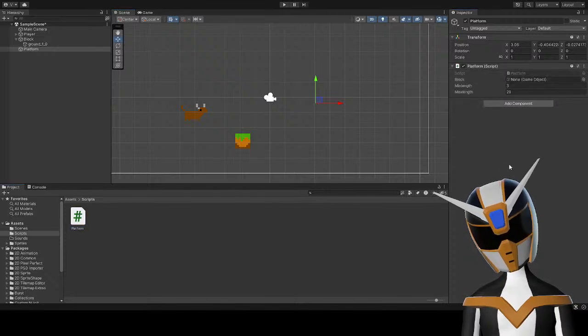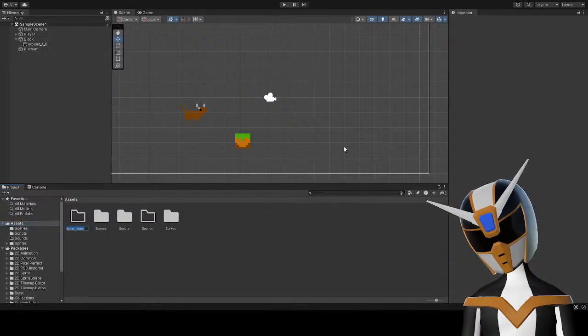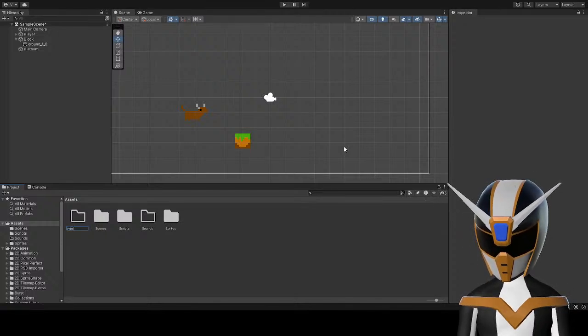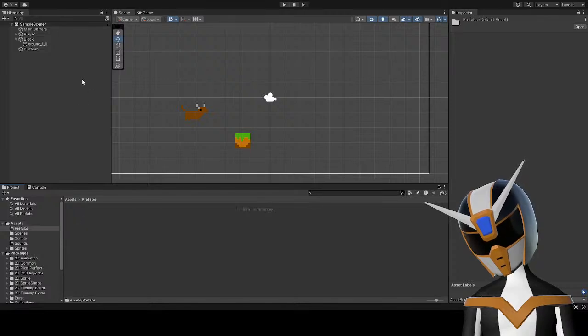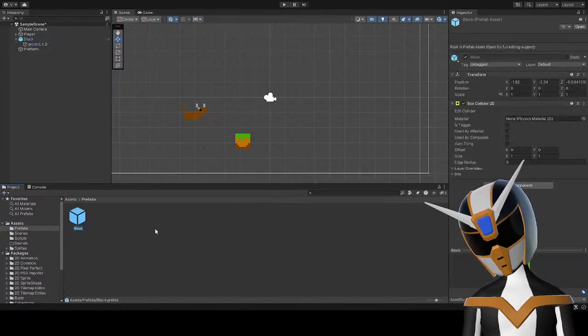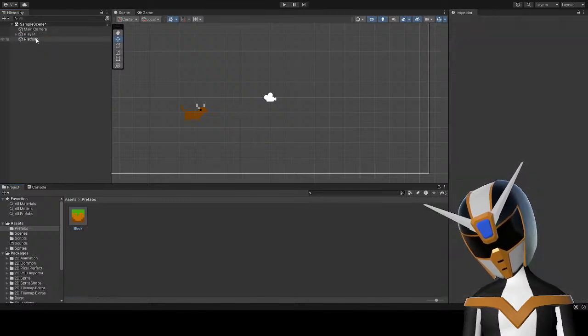Add the platform script. Let's create a prefabs folder so that I can make my block into a prefab. Should be all I need from the block. I can probably just delete this from here right now.